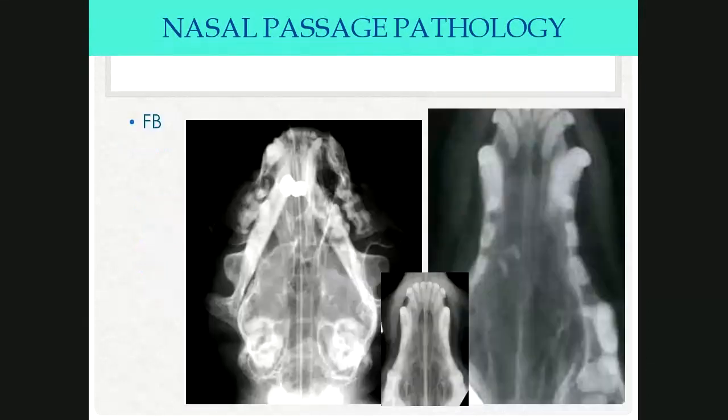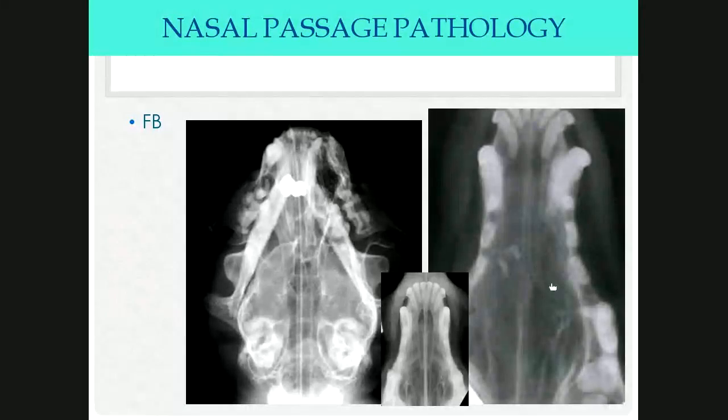Right, and then with the foreign body, it depends on what the opacity of the foreign body is. For example, in the image on the left, this was a piece of electrical insulation, apparently, that's quite radio-opaque and makes it easy to visualize. In the right-hand image, there's also mineralized material in the right nasal passage. This could be dental material, for example, and it's a little bit difficult to see, but there is this whole region here of very subtle increased soft tissue opacity compared to the opposite side,